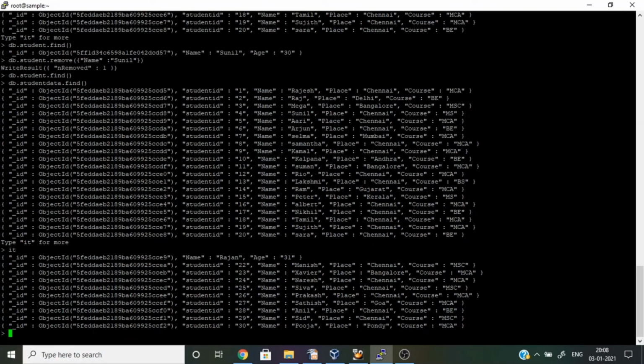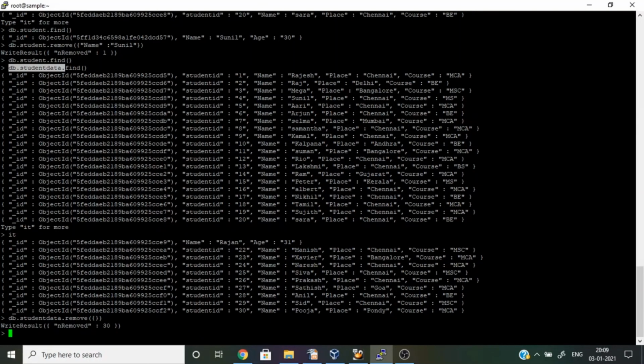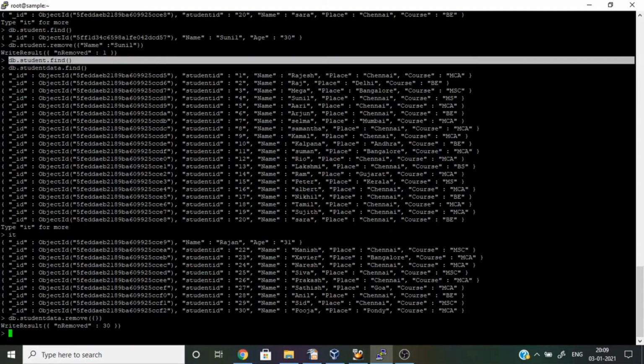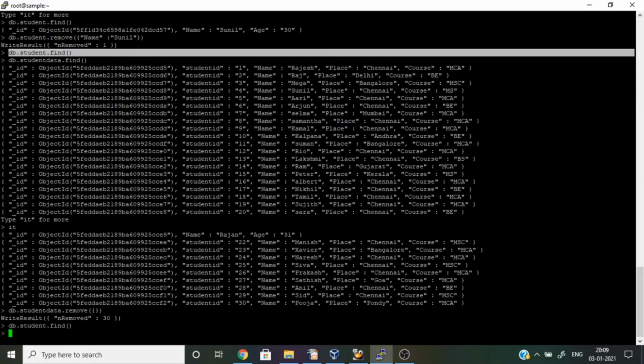I'm going to remove without any selection criteria. Let's see how it goes. You can see that it removed all 30 records and documents. You can verify with the find statement: there are no documents in the collection.